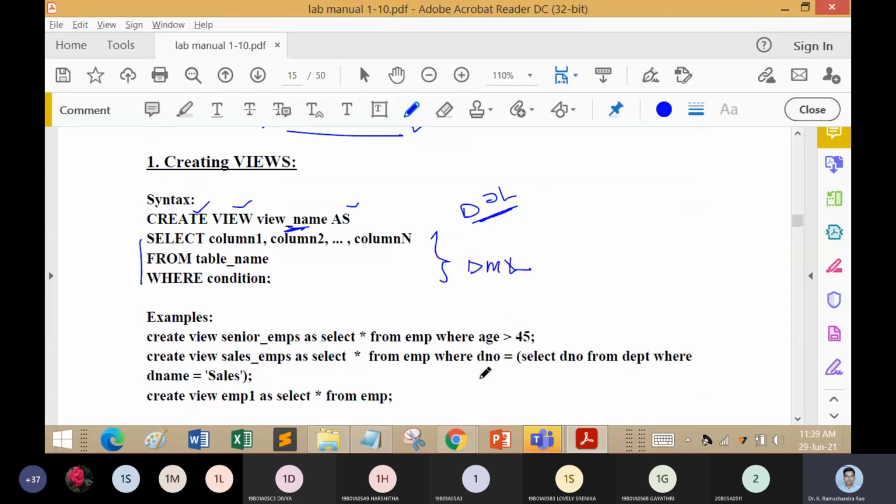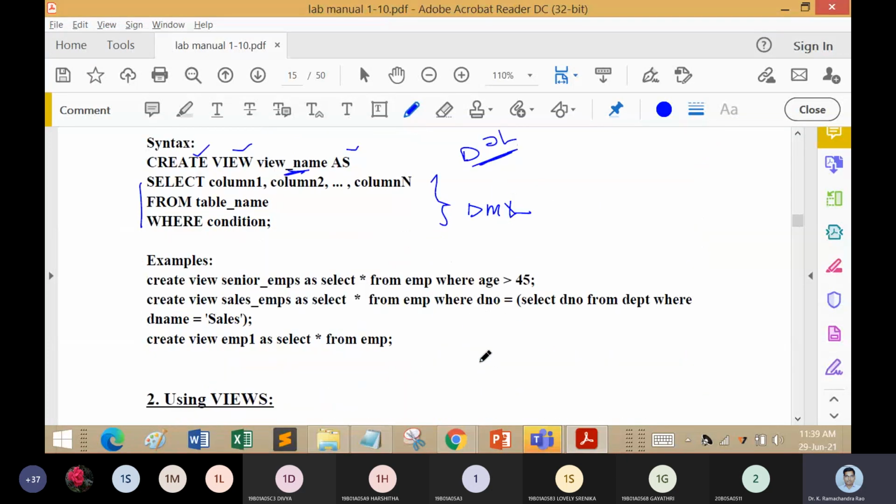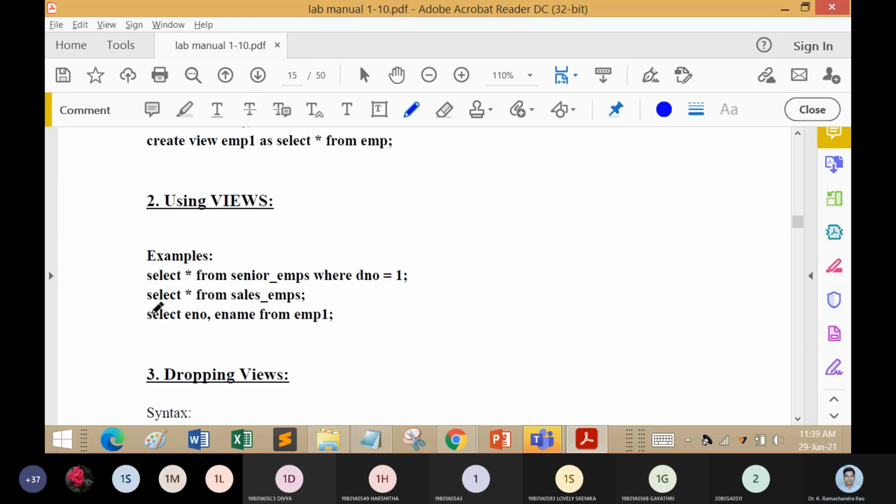So the first part is DDL. The second part is DML.